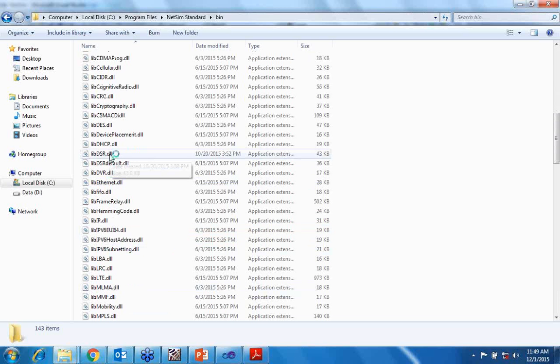So I've already copied it, and the original DLL is libdsr default.dll. So I've made it default so that our original DLL file is not affected by doing some changes. So this dsr.dll is our made DLL. When we call this DSR protocol, it will call our DLL file. So we have to do it from here.